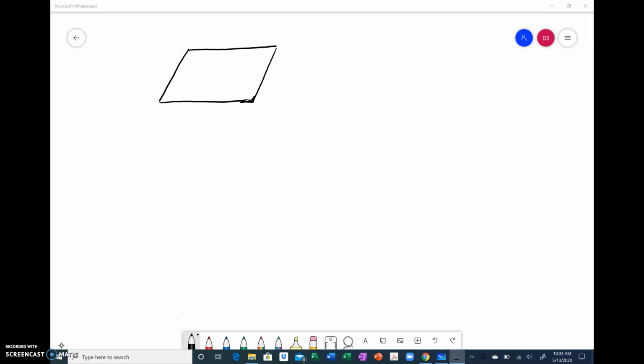This lesson is for 11.5 on the areas of triangles and trapezoids. And I'm going to start with a parallelogram. So I'm going to ask you a question. How do you find the area of a parallelogram? You should remember, because you have to memorize these formulas for the test, that the area of a parallelogram is